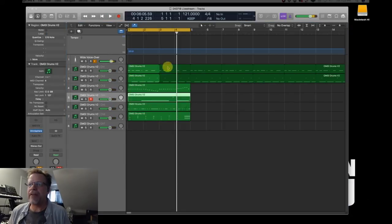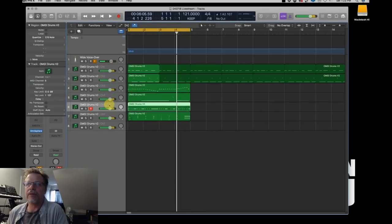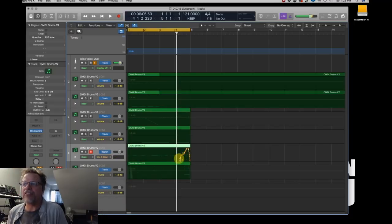I have to put in at the very end of this bass part on channel 5, I put in, if we were to change this view, if we hit A for automation, and we change this to be region, I can now look at any controllers that are inside of this region, and it just so happens that it's modulation. So I can see that I have modulation here, and then nothing before that. So let's take this very first one and have it be 0. There. Now when I hit play,